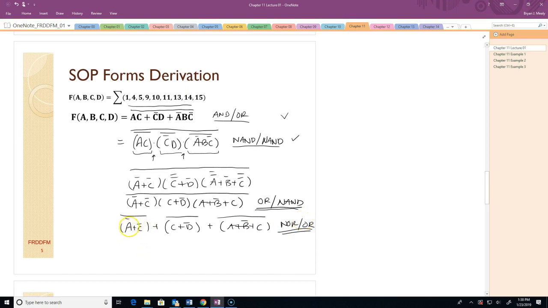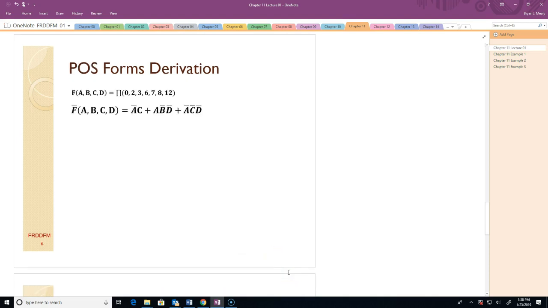And so last step here is I'm going to take this overbar down, and I'm going to skip a step here, AC, and that's my final term here. And what's classic about this one is what I did was I regenerated the starting term. So once again, this is another AND/OR form. Certainly, if you got to this point, you know you've done it right, because that ending equation matches the beginning equation. So the previous forms were all generated from SOP form, and now we want to generate 4 more forms,